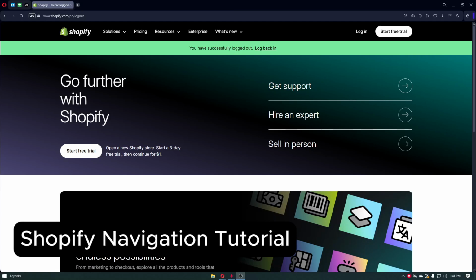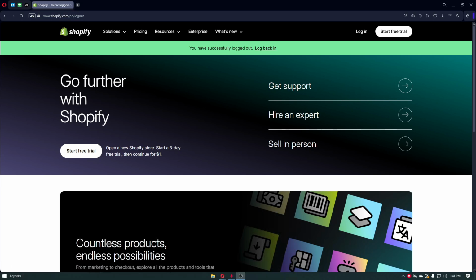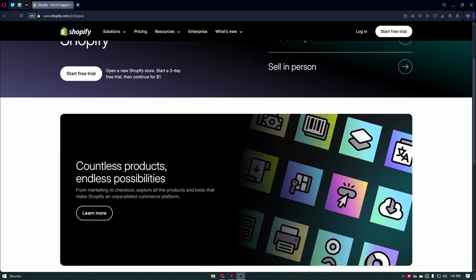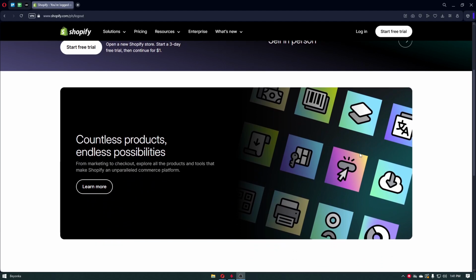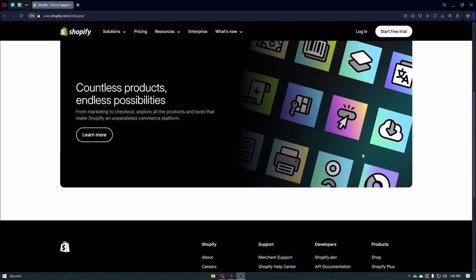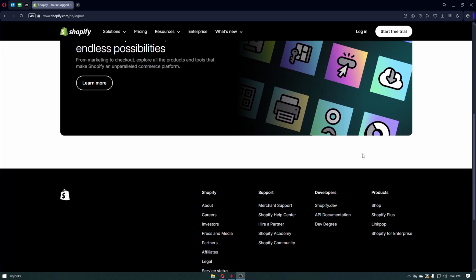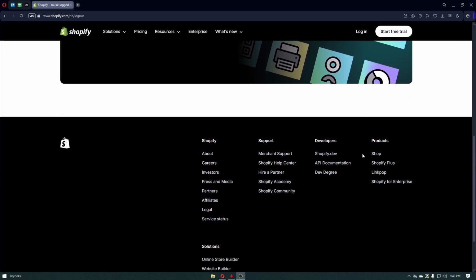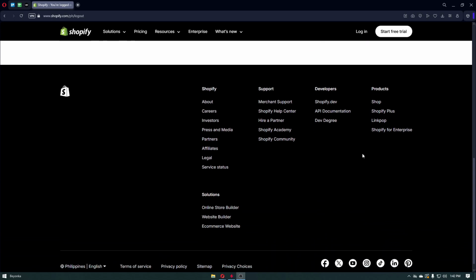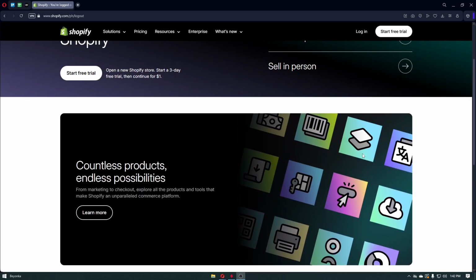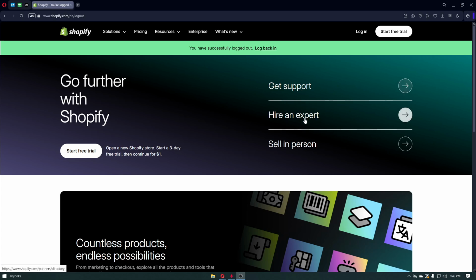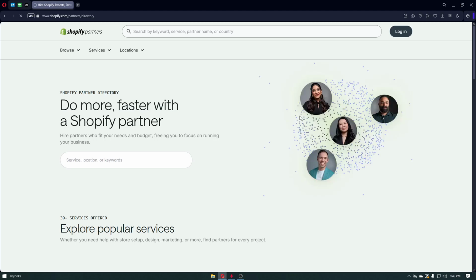Shopify Navigation tutorial. Now first things first, let's talk about what is Shopify. Shopify is a popular e-commerce platform that allows businesses to create and manage online stores. It provides tools and services needed to sell products online, including website building, payment processing, inventory management, and marketing features. Essentially, Shopify is a software as a service business, or SaaS, that simplifies the process of setting up and running